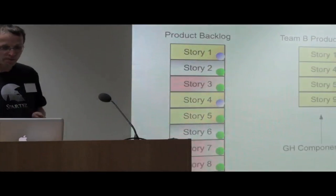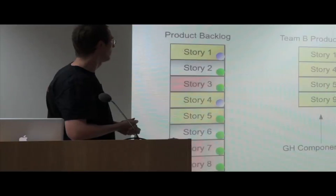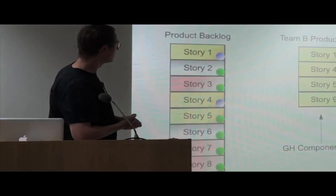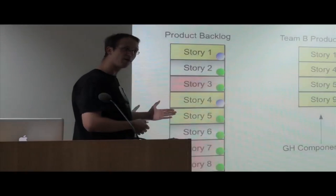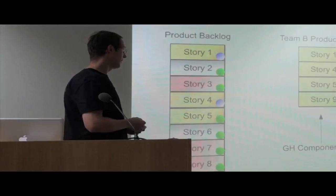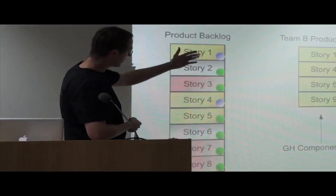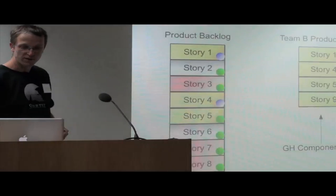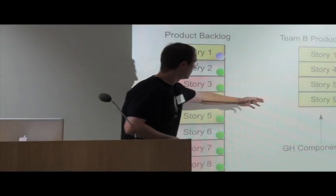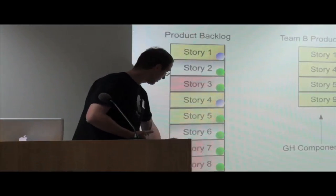So they have a view to their own team backlog, which is basically a filtered view of the same sequence. This is a global ranking done by GreenHopper. They have a filtered view of this backlog, just selecting yellow boxes here. If they switch, for example, this box with this box, automatically, because it's the same field, this stuff here